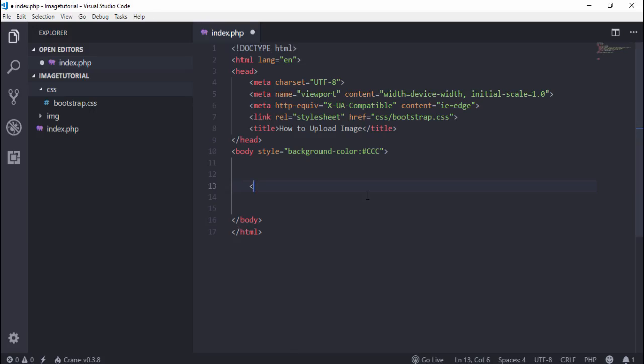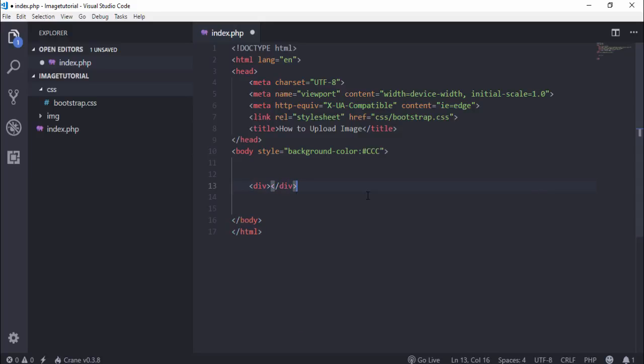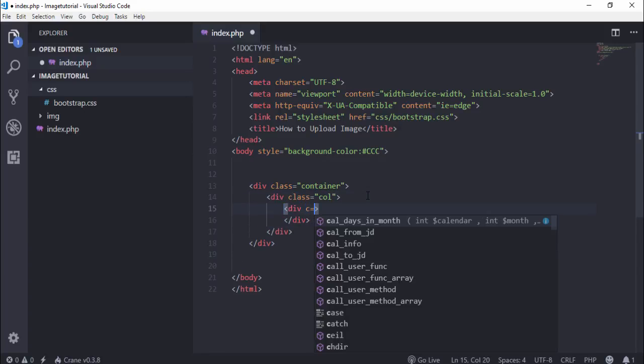So first of all I write the div, and I assign the class container, div class row, col, row,